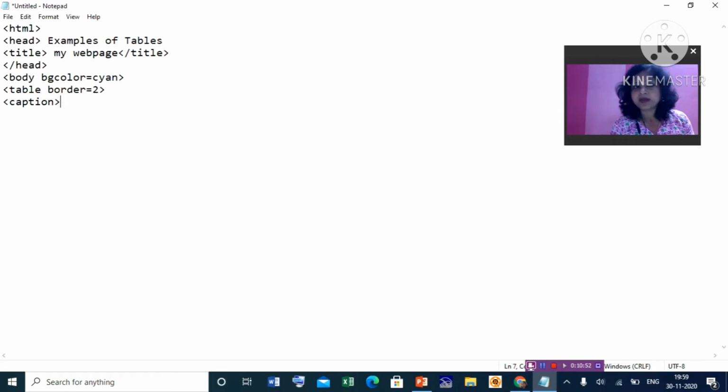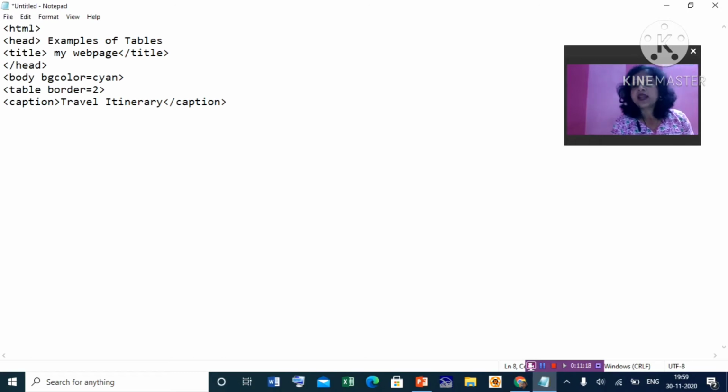Caption means table heading, not web page heading. Then close the caption. Caption is a non-empty tag.